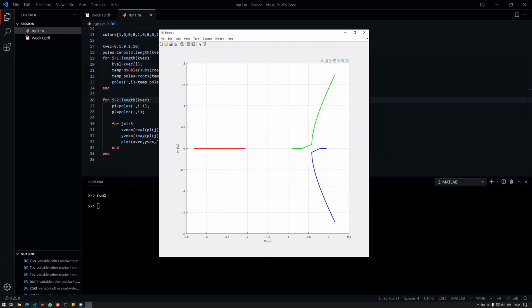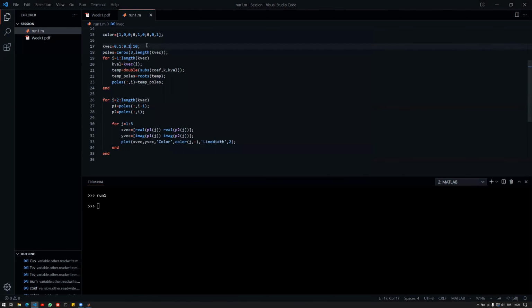You can see that this point here is a special one. You can also calculate this using the root locus rules, if you remember this. And you can see that there's a certain thing going on here. The reason behind this behavior is the lack of accuracy in our vector, because we are using 0.1 steps. So this doesn't capture the exact point where we have a coinciding pole here. So therefore, we could increase the k vector